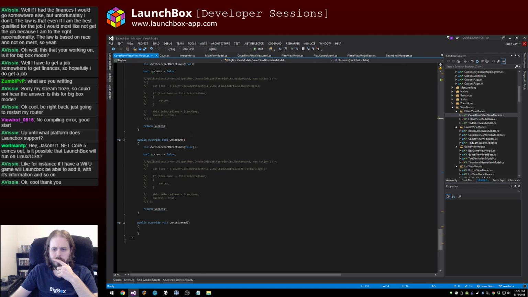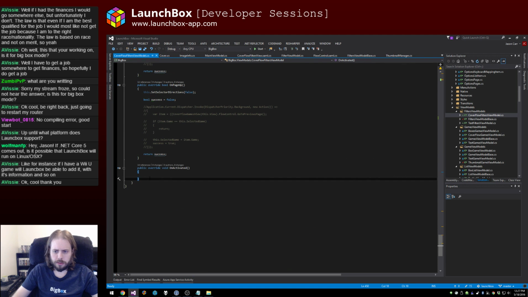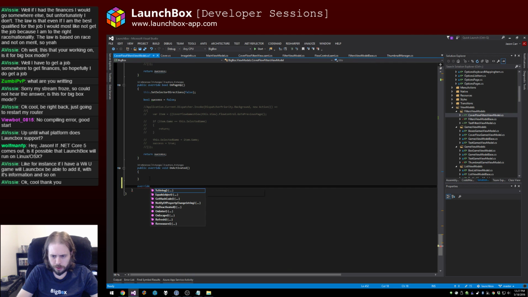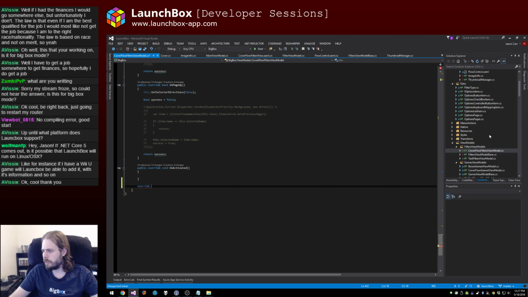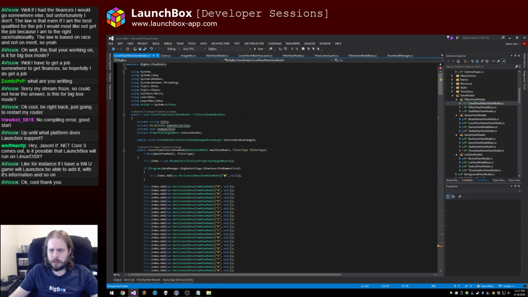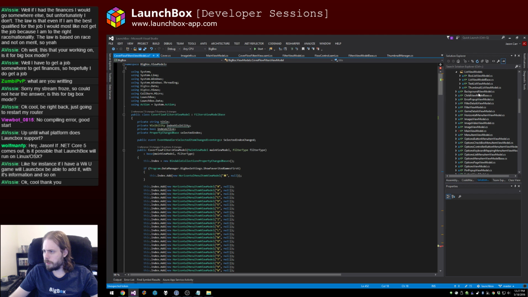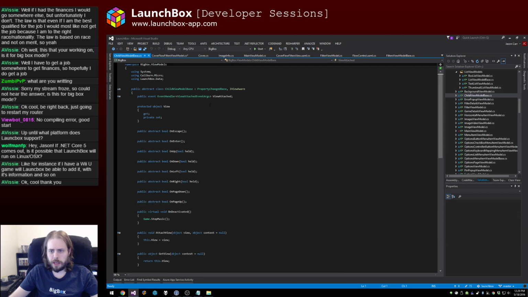So we're going to do that. Override view. Oh wait, I think I need to go to the base, which is view models, child view model base,